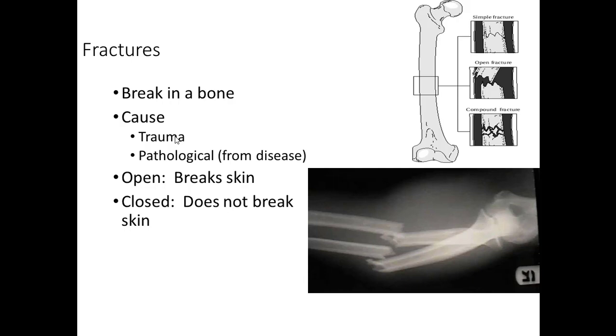It could be a stress fracture. Maybe somebody does a lot. What I think of is like track, where they're pounding on the track and running all the time. I've seen stress fractures like that. Or it can be a compression fracture, where I've seen it a lot in the vertebrae in the elderly. There's no cartilage in there to soften when they walk or when they move, so the bones crush on top of each other, and it's a compression fracture, and it's just as painful as any other kind of fracture.